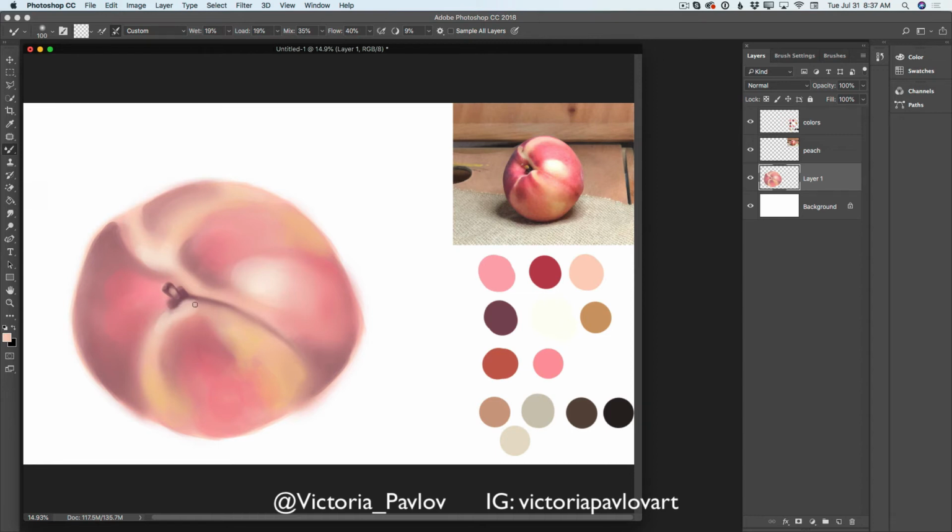I'm blending my colors and I'm creating very beautiful shape. I would say I'm correcting my shape of my peach. Perfect. See? Nothing is too complicated. Everything is fixable. Just like this. And here,